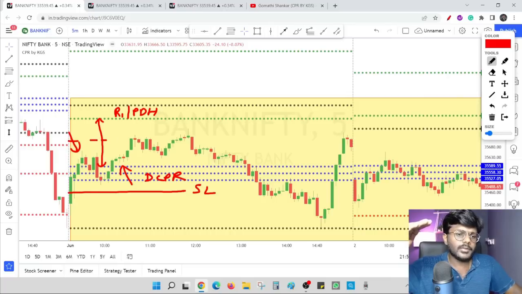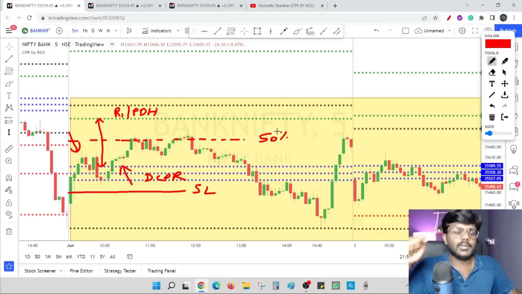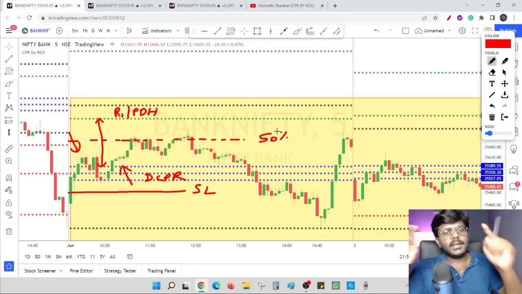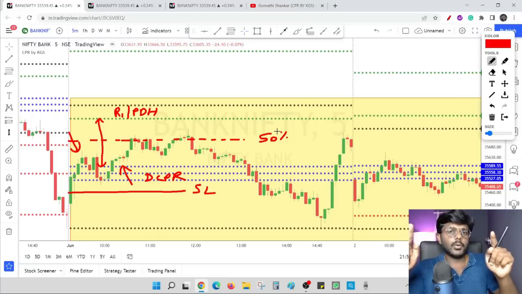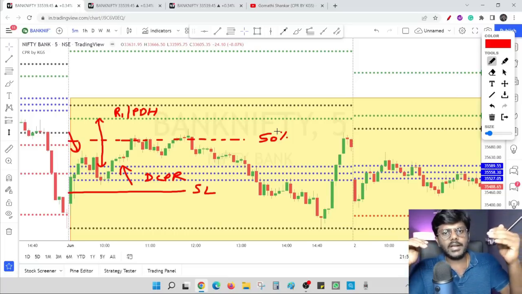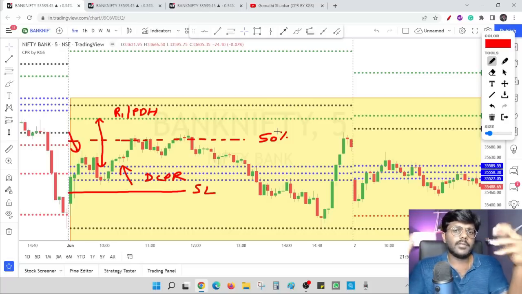So always make sure you do a quick scalping when you enter at daily CPR. When you are entering at R1 previous day high breakout, you can stay in the trade till R2 or you can exit at R1 R2 50% level. When R1 and previous day high is broken, there is a fresh momentum, so you can stay in the trade.